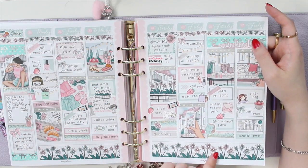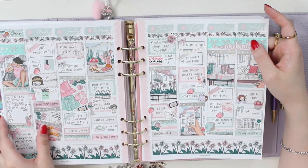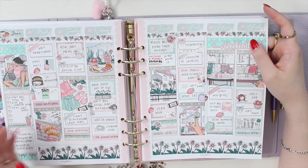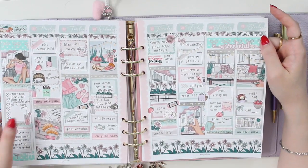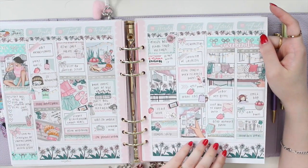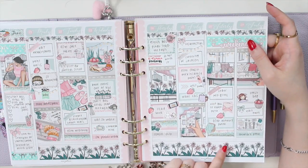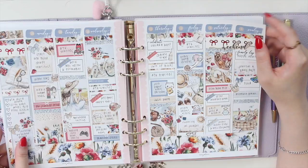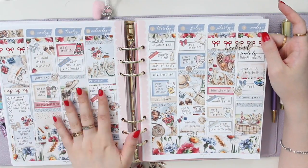So this is a kit from Paper Crown Planner. I used silver this time because I haven't used silver all too much in this setup. I don't know why, so that's why I decided to use silver this time. And I also haven't used too much of the Stardust washi from Simply Gilded, so I want to incorporate that this week. And then the following week was the 4th of July, so this is my last week that I planned in here,